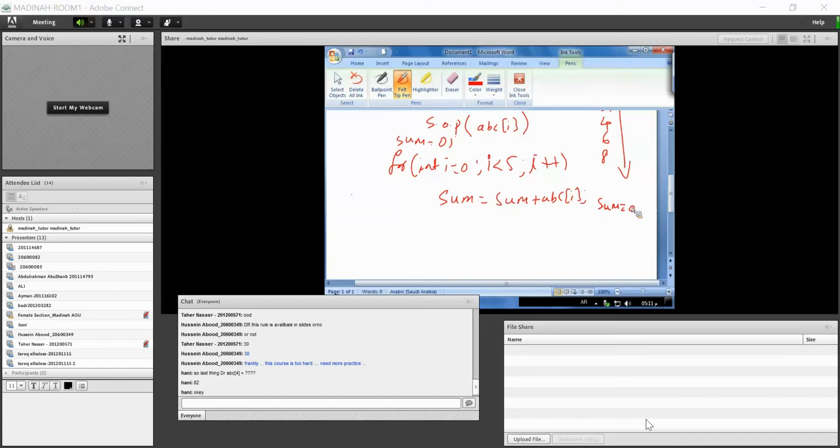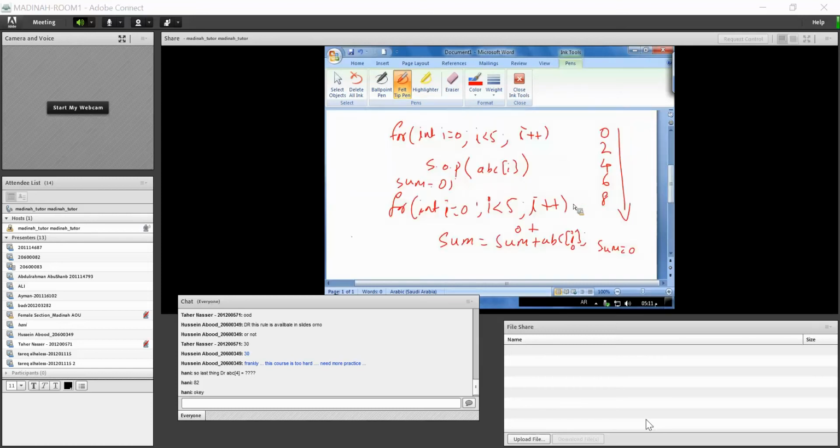Sum is 0. So when I is 0, I less than 5 is true. Sum is equal to, sum is what? 0. 0 plus ABC of I. I is what? 0. ABC of 0 is the first element, that is 0. So 0 plus 0 is 0. Sum will be again 0.